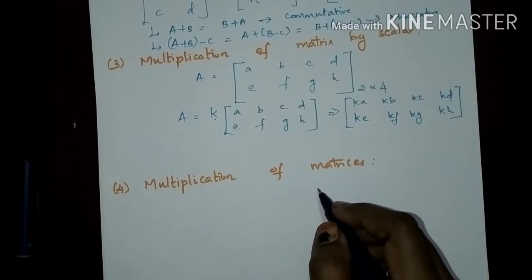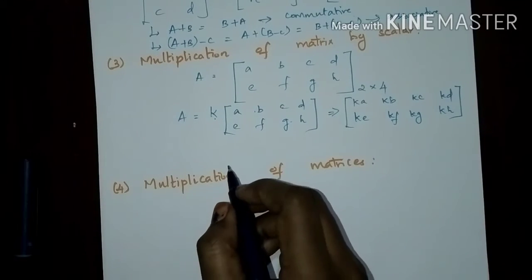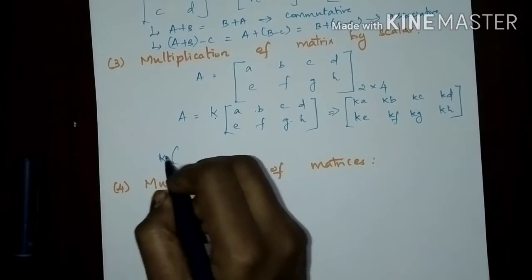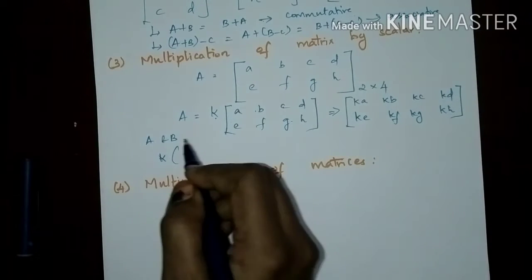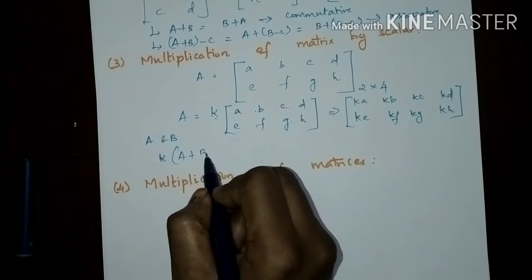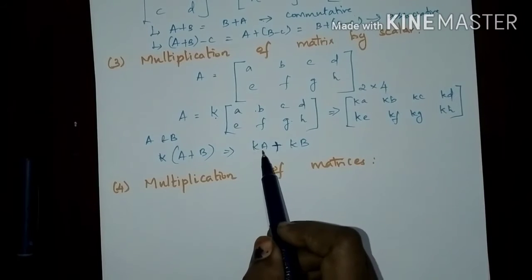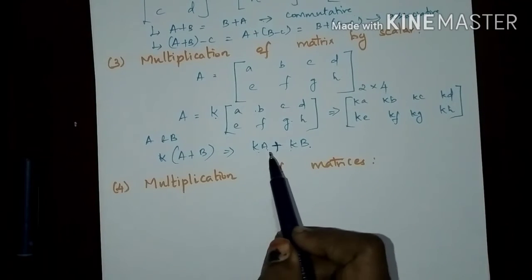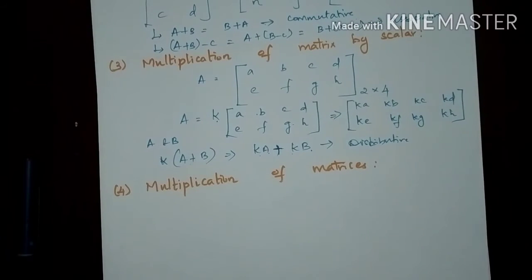Okay? And the multiplication of a matrix by a scalar is distributive. Let us assume matrices A and B. Let's see, K into A plus B gives us, we can make a scalar multiplication of KA and KB, and finally we can add both the matrices. Got it? The ordinary algebra properties like addition, subtraction and multiplication by scalar hold for matrices also.